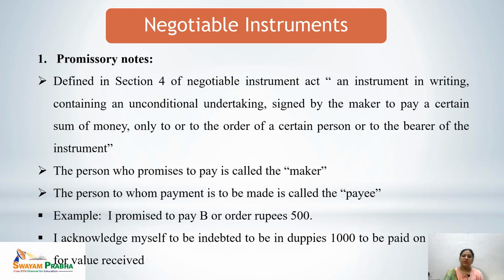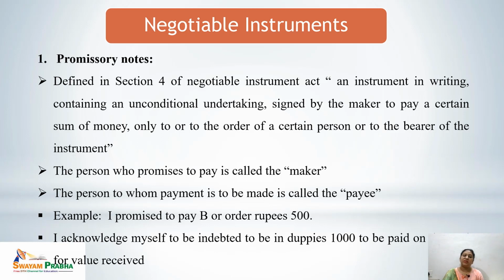That means the negotiable instrument must contain an unconditional undertaking. There should not be any condition involved in it. It must be signed by the maker. That means the promissory note must be signed by the maker of that instrument to pay a certain sum of money. So here the signatures should be regarding